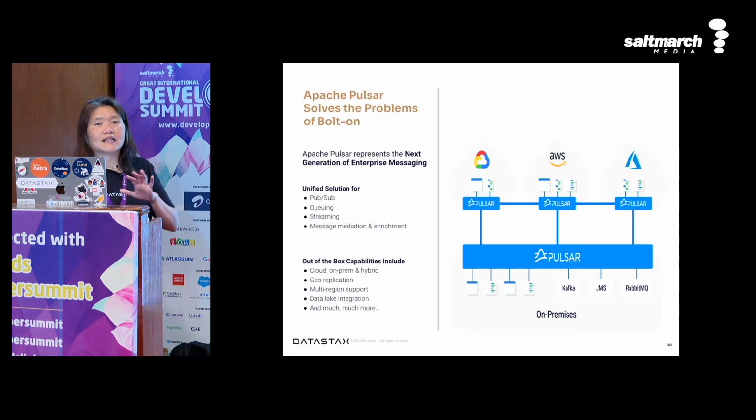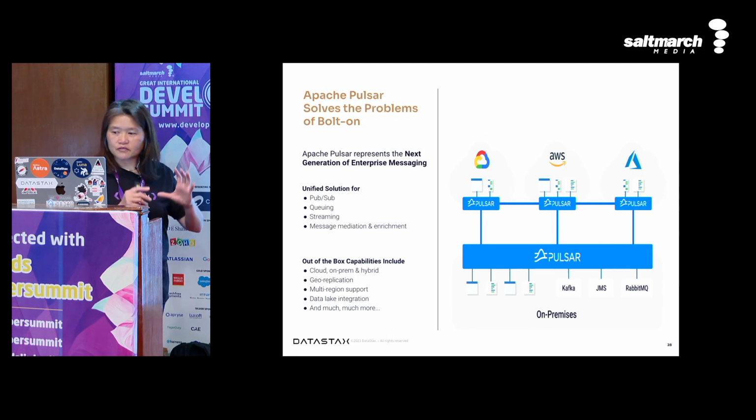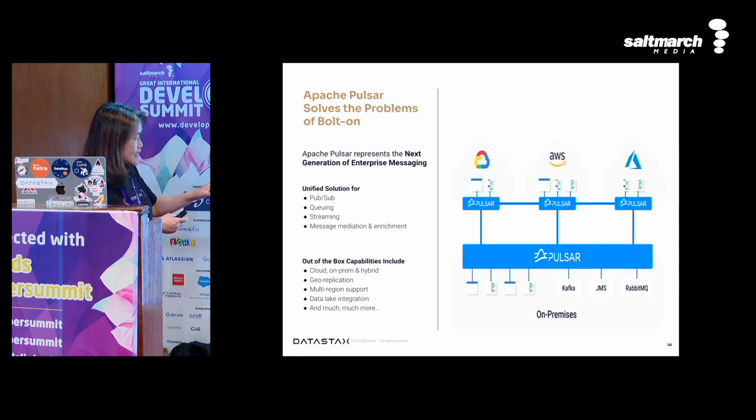There are also other clouds that it runs on as well. But the idea is that if you are already running Kafka or JMS or RabbitMQ in your company, you have already invested time building that infrastructure, and you don't need to throw it away. The nice thing is that you can use Pulsar as a bolt-on, because of the way you do data pipelining, so Pulsar can fit nicely into your ecosystem.